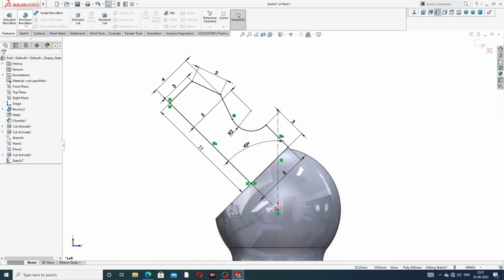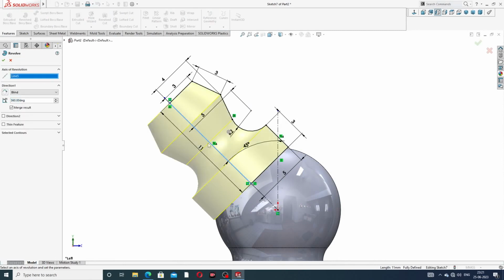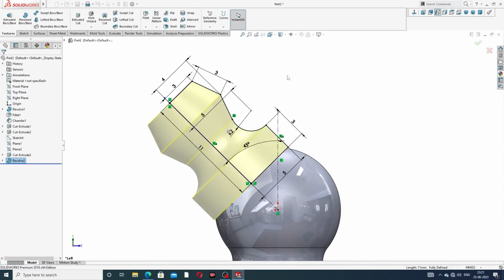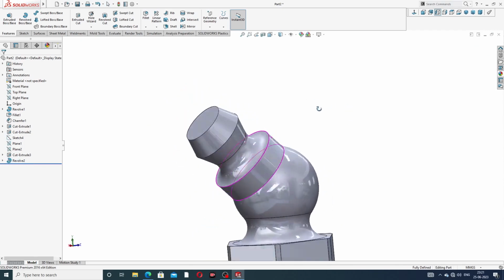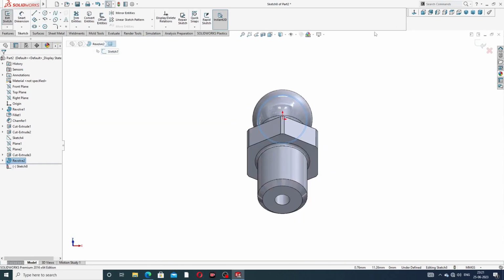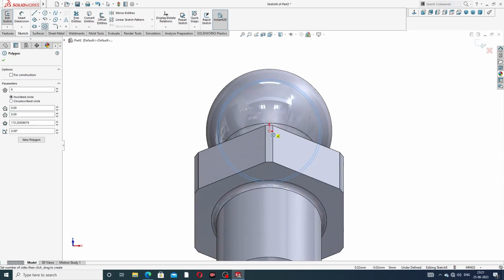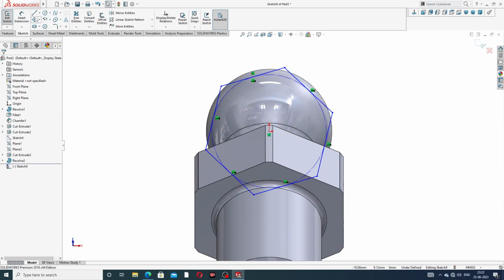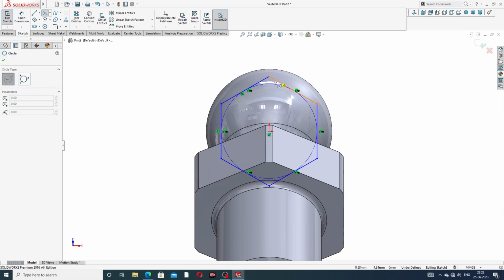And again select revolve base. Select this face, sketch normal. Okay, and again select this face, sketch normal, and draw a hexagon. Hexagon is this to this, and again select a circle, and this is a vertical line, and again select a circle. The circle is a big circle,